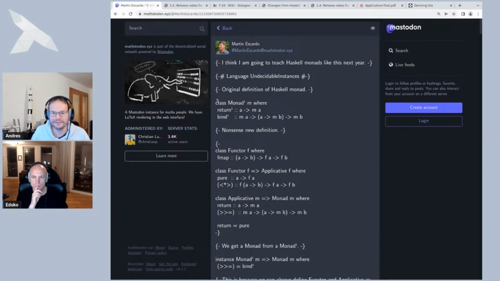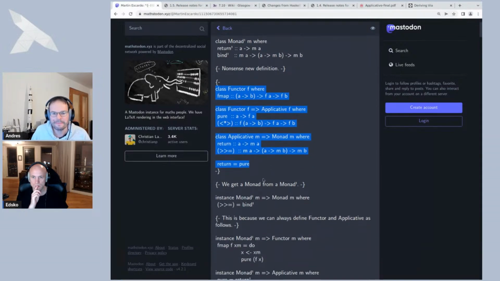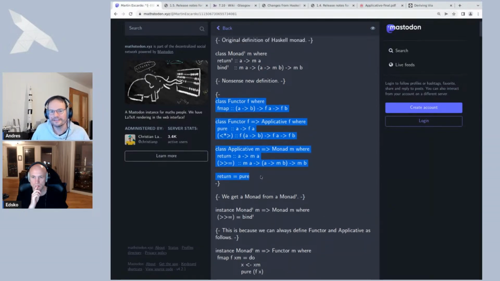So he's writing the old definition here, calling it monad prime, and then giving in comments the set of new classes and how they are defined, and then he is presenting an interesting observation,